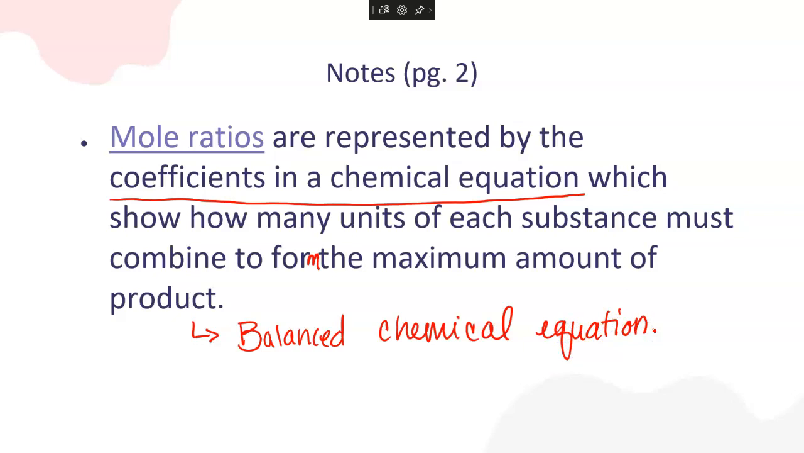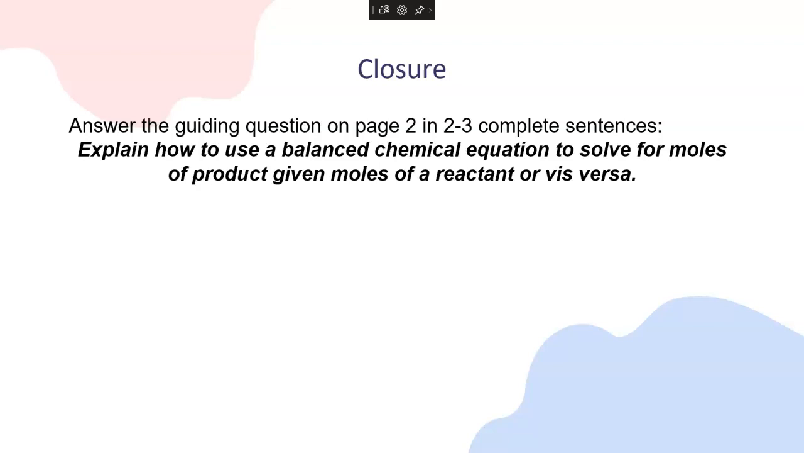So this is why we went over in the first workbook, how do we balance a chemical equation? And why do we balance it? For the law of conservation of mass. But we are also now going to use this to do mole to mole conversions, which is stoichiometry. Okay? Cool beans. So while I transition, please answer the guiding question at the bottom of page 2 and then